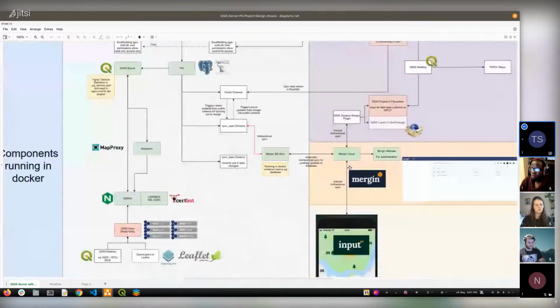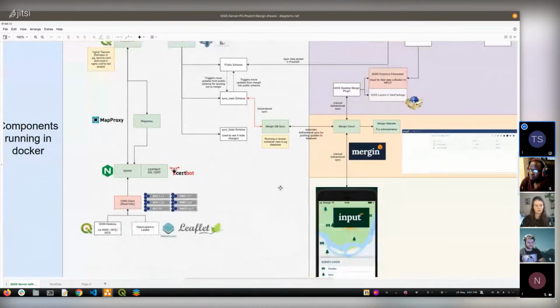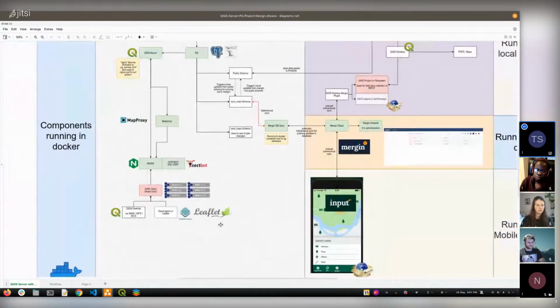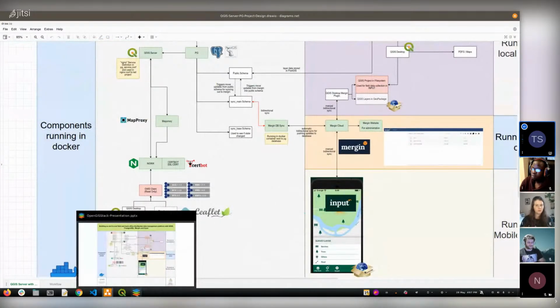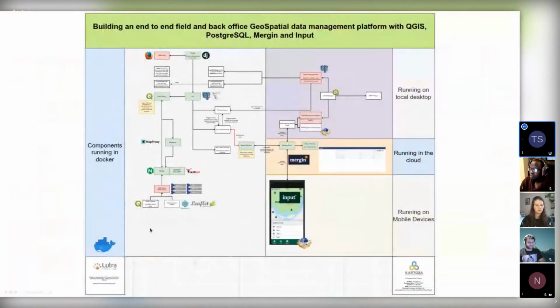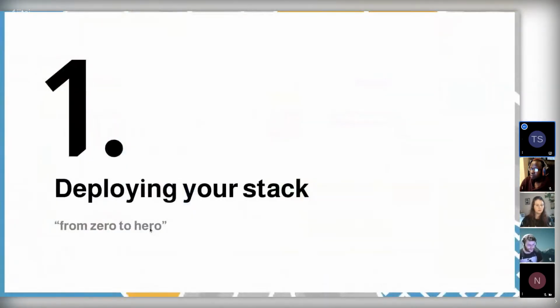We've got other parts in there, like I said, like Open Drone Map and OpenStreetMap data coming into the stack. But really the goal is to enable you to create an architecture like this with as little effort as possible. And so what we're going to be doing in this session is deploying the stack on a fresh machine. I've got a little Intel NUC box sitting on the desk in my office here, and it's not a very powerful machine, so some of the rendering might not be the fastest, but we're going to log into there and we're going to have a look at how we set the stack up. So we're going to do some nerdy stuff,